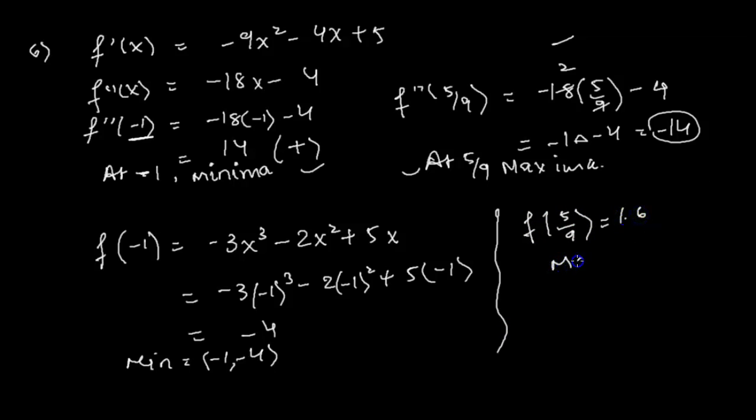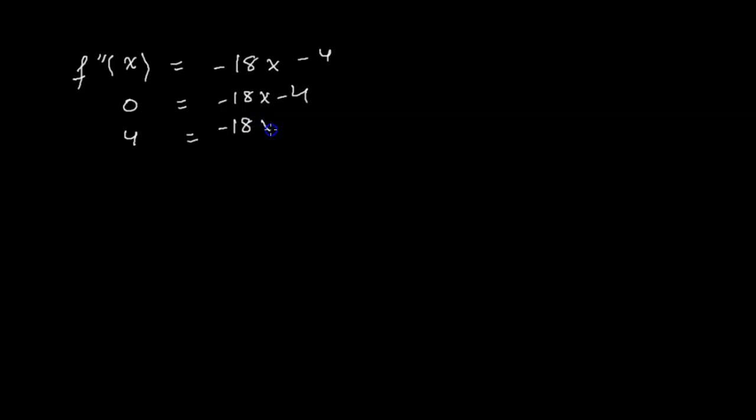So that means the maxima point would be 5/9, 1.6. Now the last thing we have to use is the concavity test, and then we'll put everything together to make the sketch. For the concavity test, we have to solve for the second derivative function that we got, negative 18x minus 4, and we put it equal to 0. So we get negative 18x is equal to 4, x is equal to 4 over negative 18, which is negative